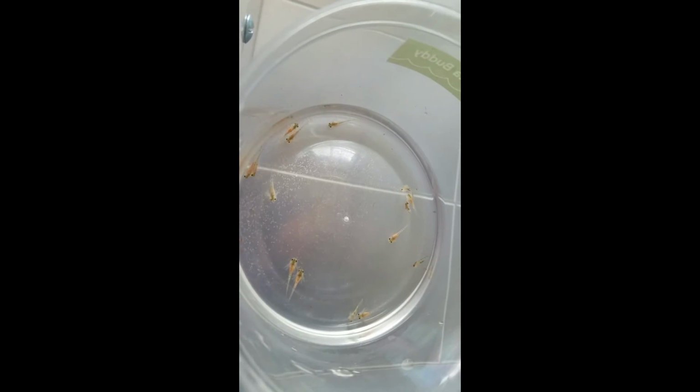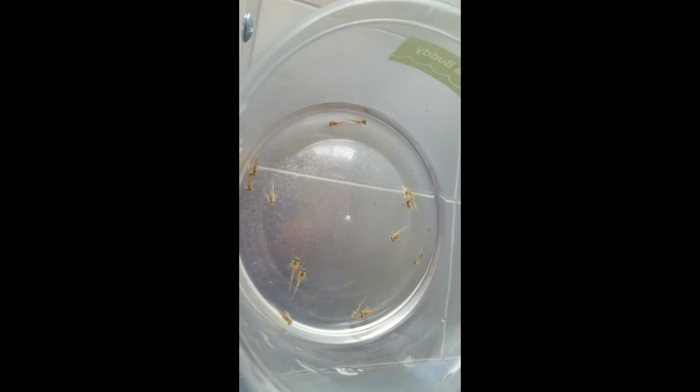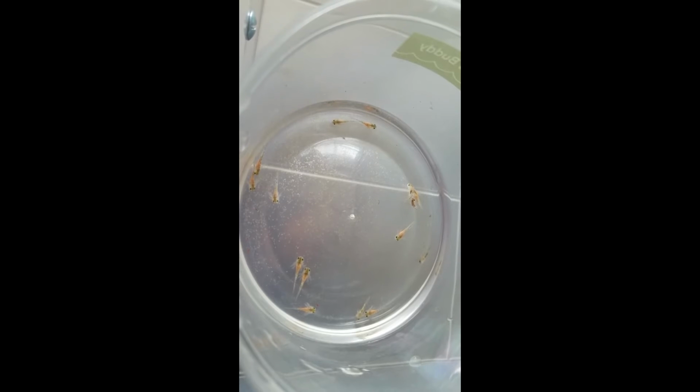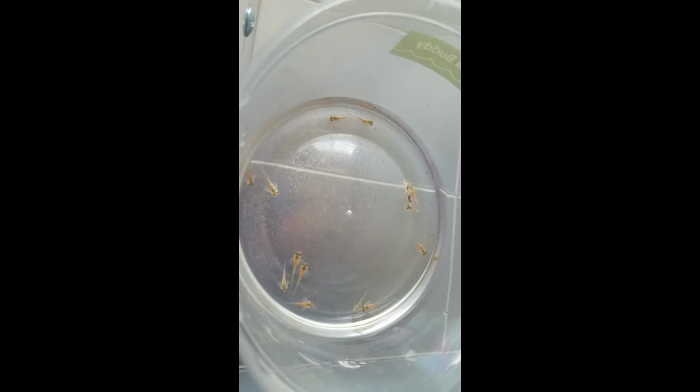Now this, I actually have some Daphnia in here as well. You can probably see them on this side over there and a few over here. They'll start producing babies. The story goes is originally I had bought Daphnia, and I bought it the same day I bought these eggs because I wanted to get a Daphnia culture going and thriving before the eggs came. Now,